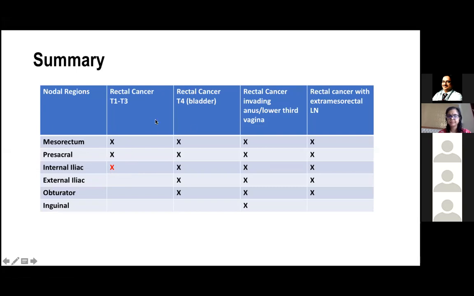For any advanced cases which have invaded the anterior subsite, external iliac and obturator need to be included. So if the internal iliac lymph node becomes positive, then also external iliac, and then obturator is mandatory. If the obturator is positive, then external iliac is mandatory. So it's a very sequential step-up progression. So if the rectal cancer, instead of anterior invasion, has invaded inferiorly into the anal canal or the sphincter or the anterior organs, then inguinal comes into play and has to be included.